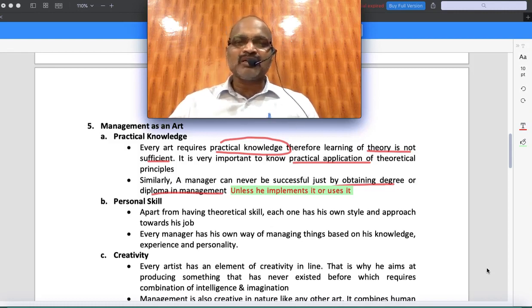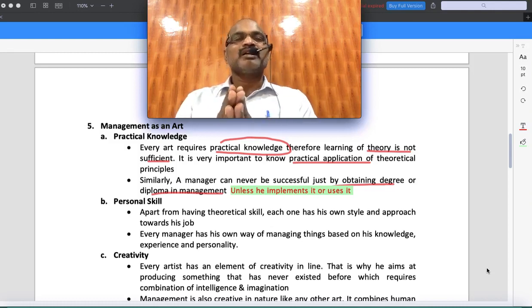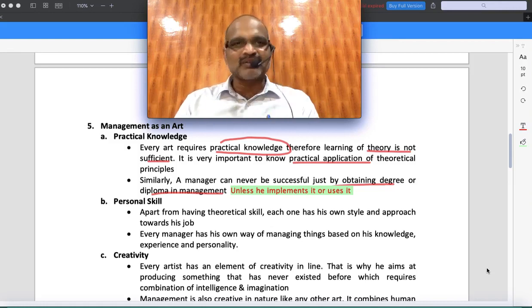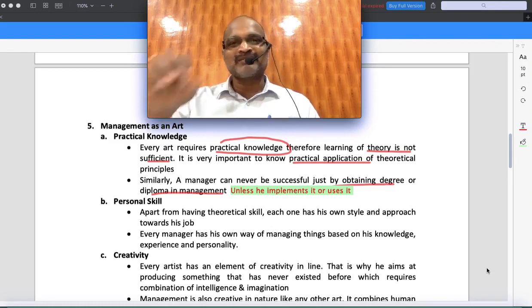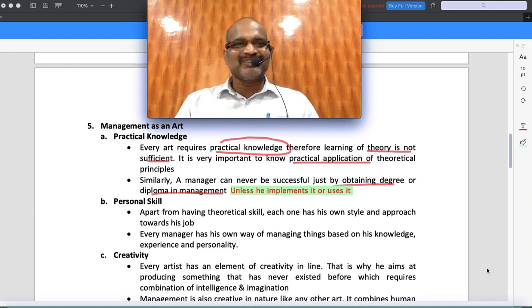Management is not only about theory, but every theory that we understood should be implemented. I'm telling you an example for practical knowledge. Suppose in management we studied one theory: increasing salary will increase productivity of employee. Do you really think so? That is not so. It's not about increasing salary. Most of the employees nowadays leave companies not because their salary is less, but because their treatment is very bad. You got my point?